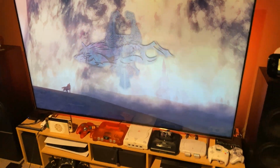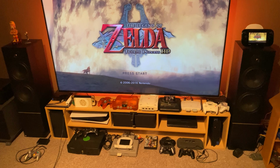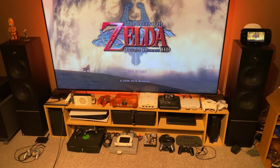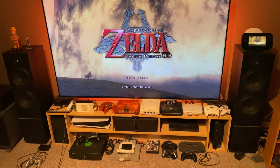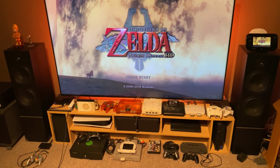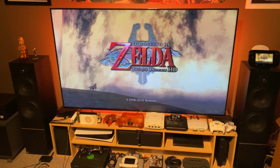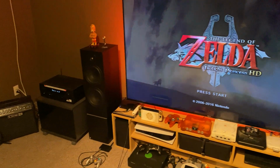Yeah, let me back up here a bit. So again, it was hard to find a stand that holds a 75-inch TV long enough for the footprint of that TV, but it worked out pretty good. Moving along,